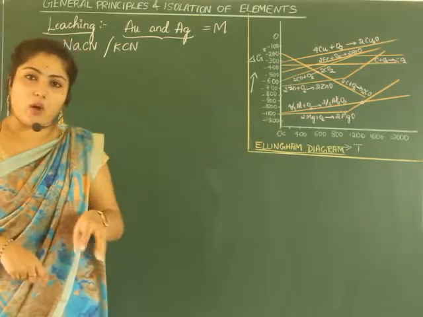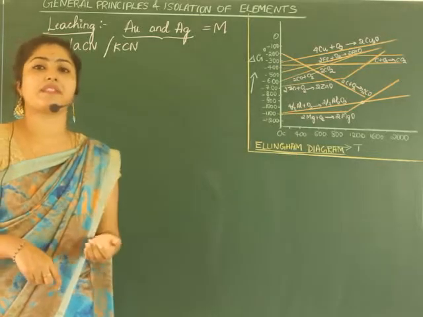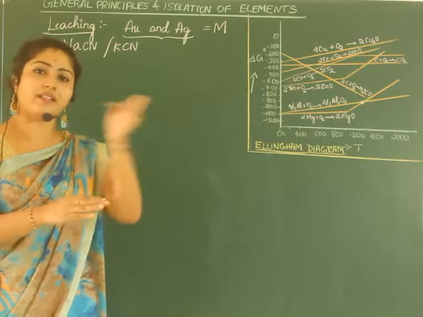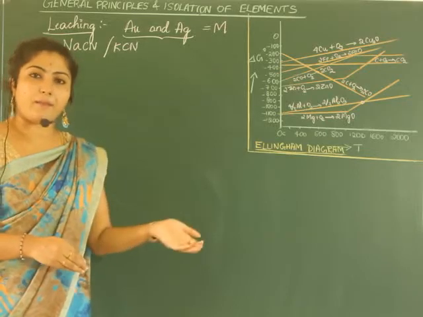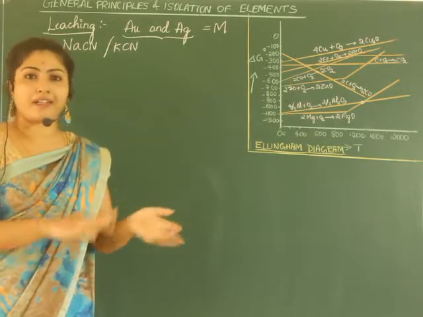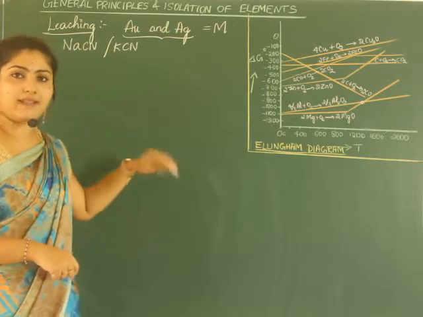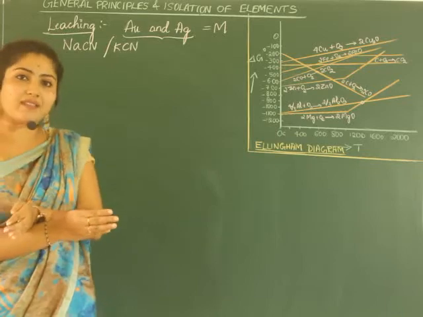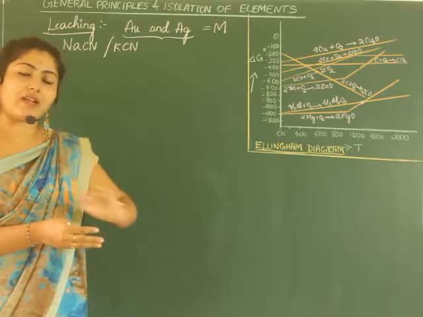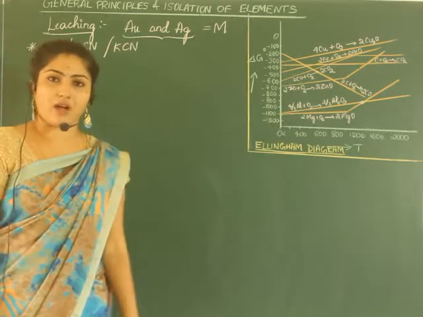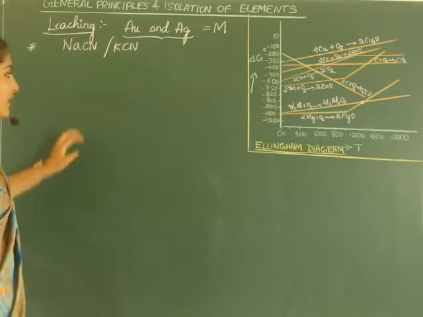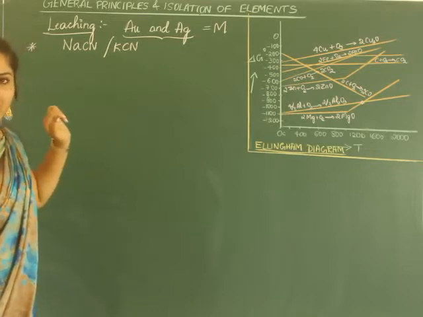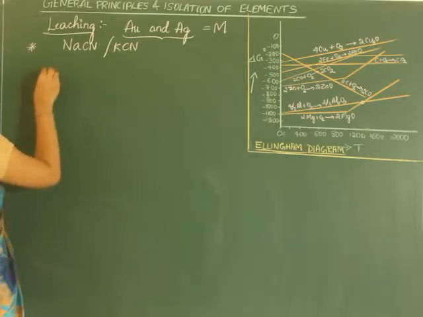After that, the complex will be taken and it will be treated with some other metal, a reducing agent. Then what happens? The metal displaces. Usually a comparatively cheaper metal will be taken rather than gold and silver, so that metal will displace this particular gold or silver and gold and silver separates out. Let us see how. So here in the NCERT book you have a general equation taken, and so we will go as per that book.